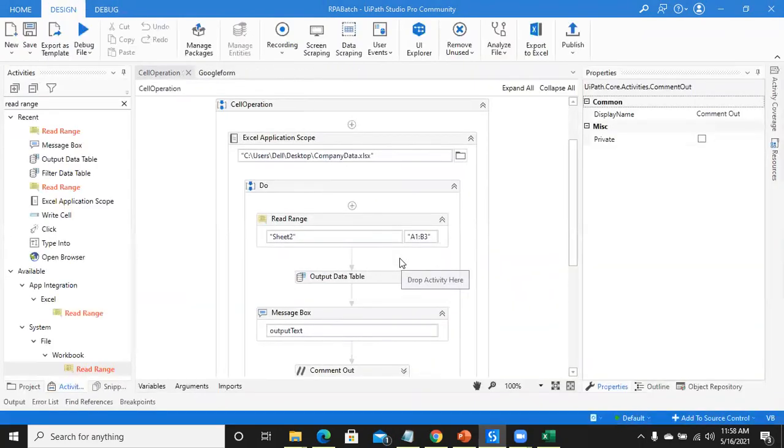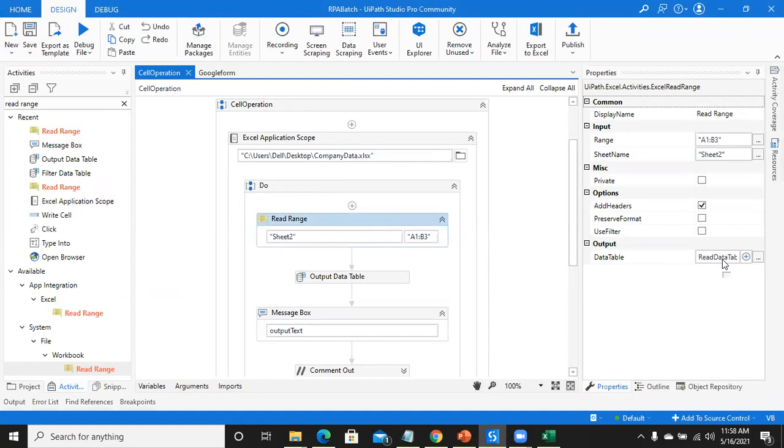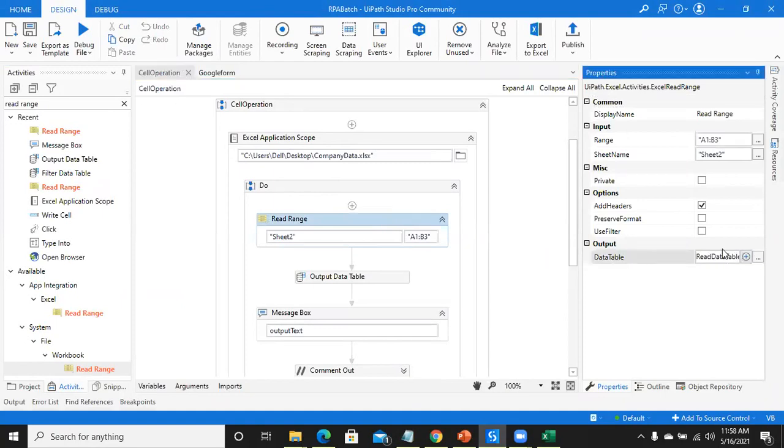After giving the range, the third task is you need to create a variable. How do you create a variable? In the output you can see different labels: input, range, sheet name, private, add headers, preserve format, use filter, and data table. In the output panel, you need to create a variable.